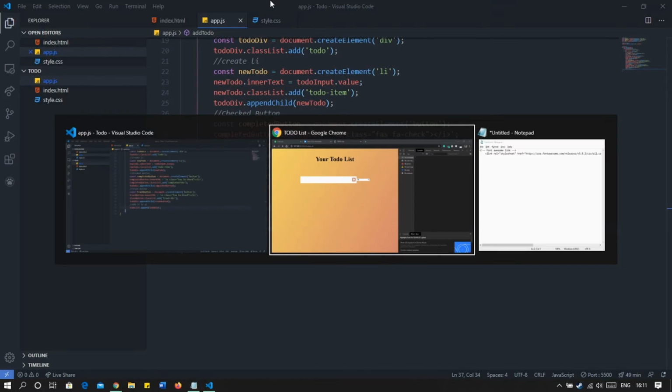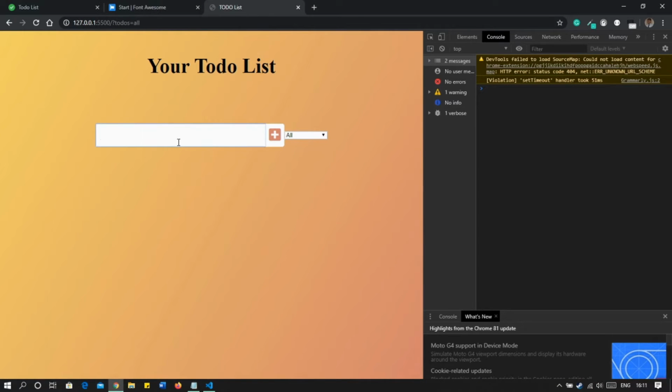Now let's see what we have on our browser. So if I enter something here, so yeah, you can see we have the value and the check button and the delete button. We will style it later, but we are getting the work. Okay, so now I add something 1. So yes, you see we have something 1 something. If I add working now on tutorial, so we have the value, and each and every value is generated with the same structure which contains the value, a check button and a delete button, right?